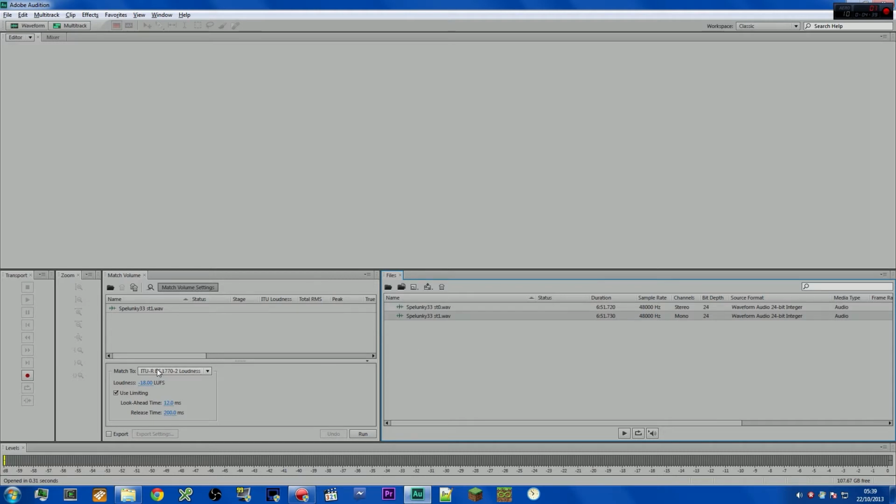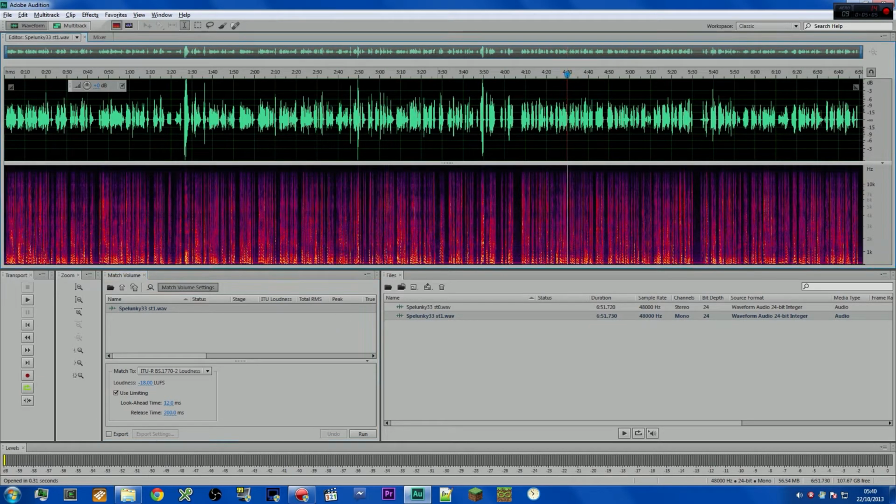Now, this ITU-R loudness thing, I'm not 100% sure what it is, to be perfectly fair, but it's a loudness scale. And I think for advertising, there is a maximum peak that adverts are allowed to use in certain countries and whatnot. So this is what I use to get the volume of my audio files to the right level. Because if I just play this here, raw as is, instead of keeping it a mystery, because that serves no purpose whatsoever,